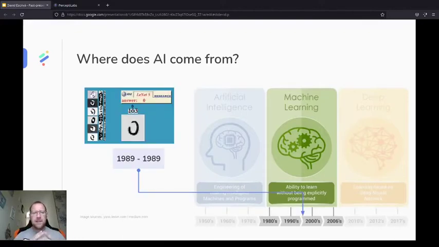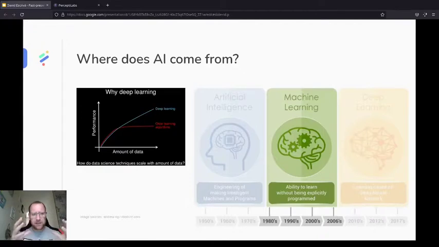Between these dates, a special year must be mentioned. In 1989, Yann LeCun started to apply the backpropagation algorithm and created the first convolutional neural network. This is deep learning, and he applied it to handwriting recognition, and this was a very powerful and very important step. And scientists detected that convolutional neural networks and deep neural networks work better than classical